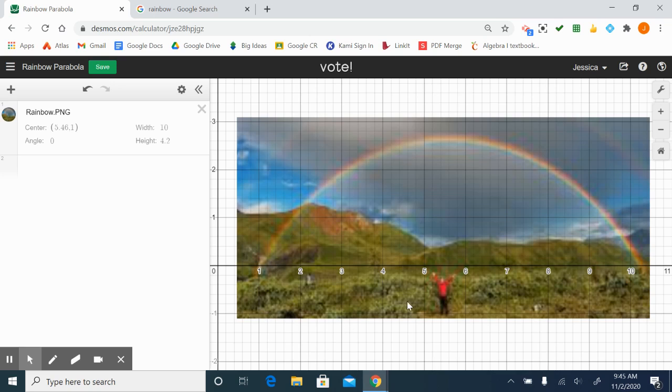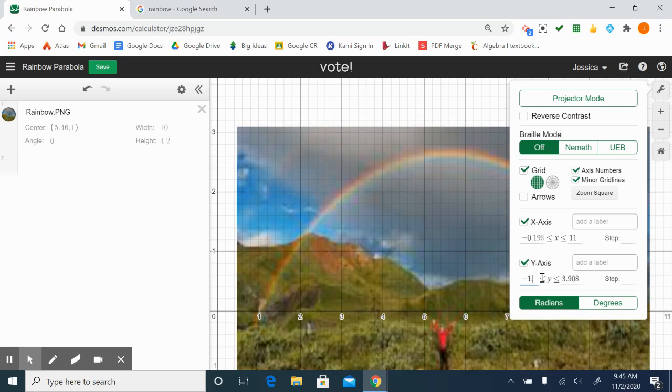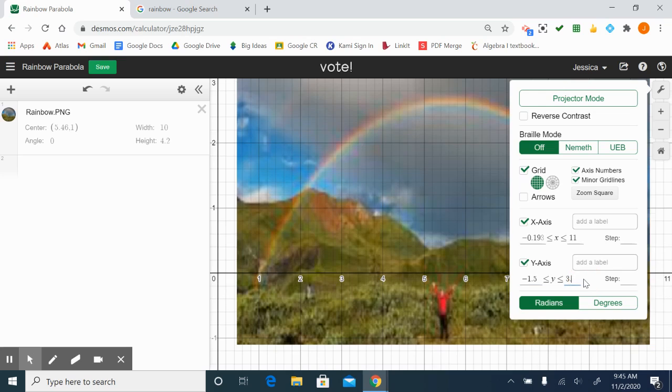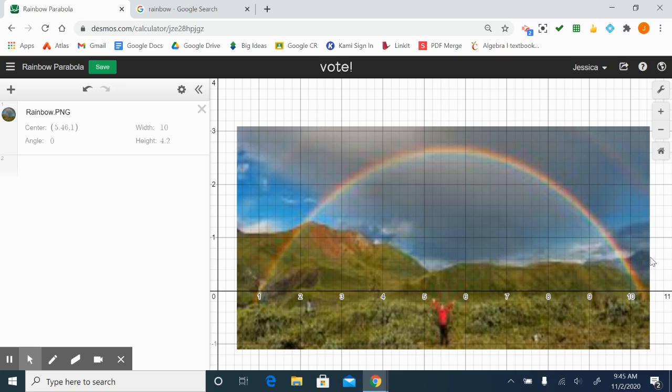And if I wanted to, I could zoom in a little more. So for the y-axis, the parameters, the y-axis is going from negative 2.19 all the way up to positive 3.9. So I'm going to change that. I'm going to change it to negative 1.5, and I'm going to have it go up to 4. And I'll go back here. So now I can clearly see my x-intercepts. Here's my first one, my other x-intercept, and it's pretty zoomed in, so I'm happy with the way this image